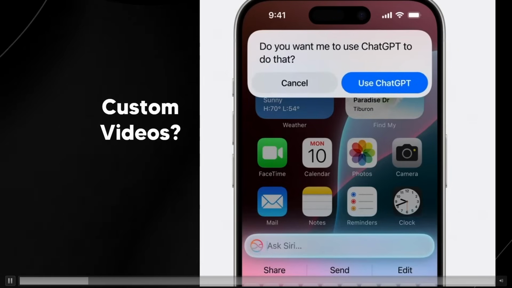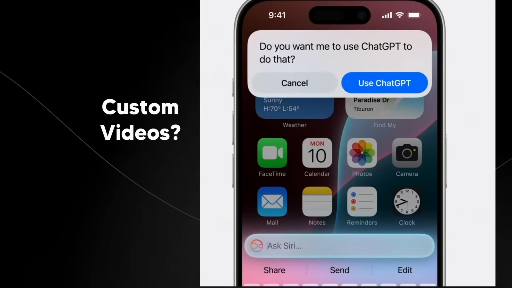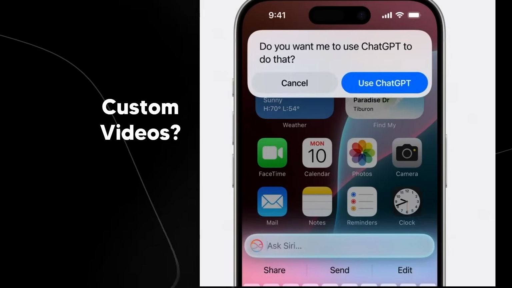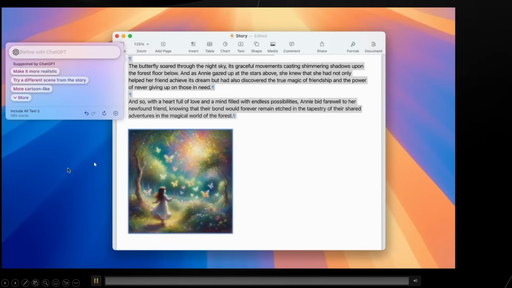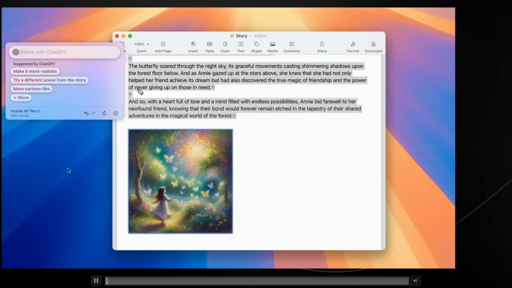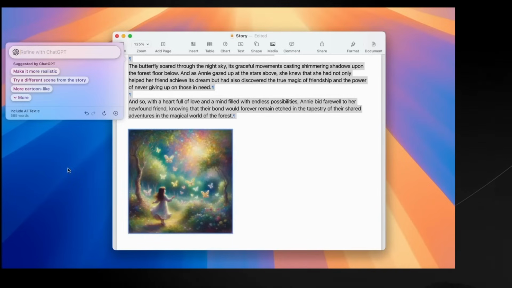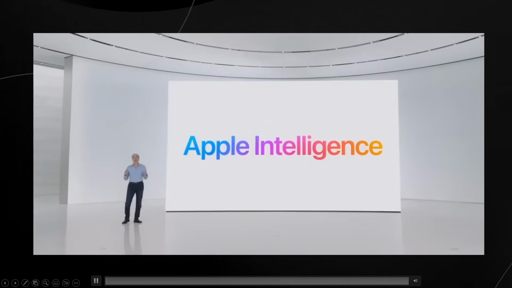So the integration with ChatGPT, it wasn't anything crazy. It wasn't a GPT 4.0 where you got Siri doing some crazy kind of thing in the demonstration. It was relatively straightforward. We also got this final thing from ChatGPT, where on device, on the Mac, we also got this ChatGPT integration where when you're writing notes, you can simply add images or you can simply change your words. So overall, you can see here that this WWDC Apple Intelligence announcement, I wouldn't say it was overhyped,